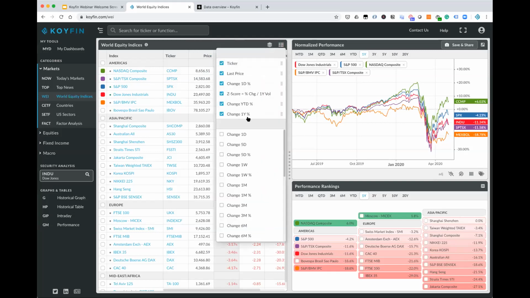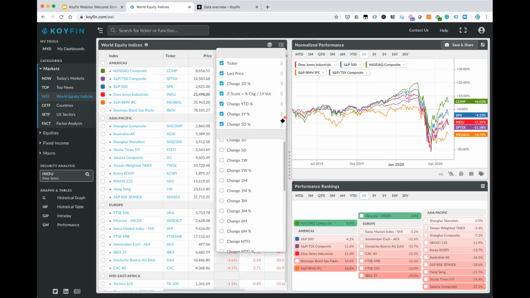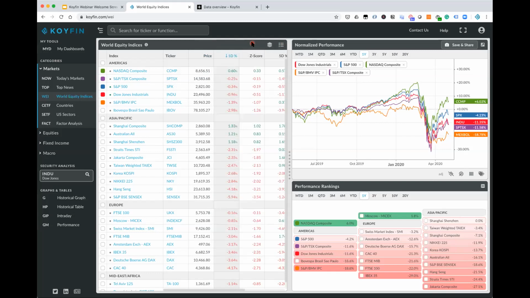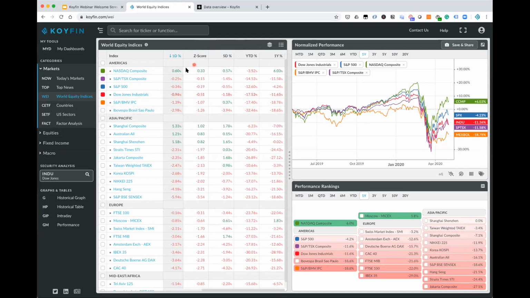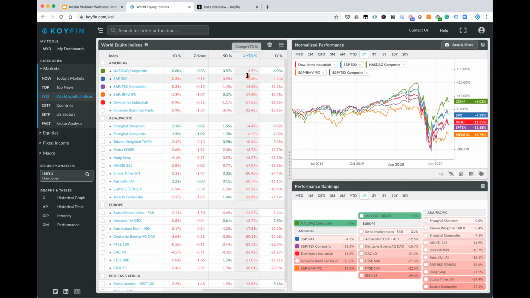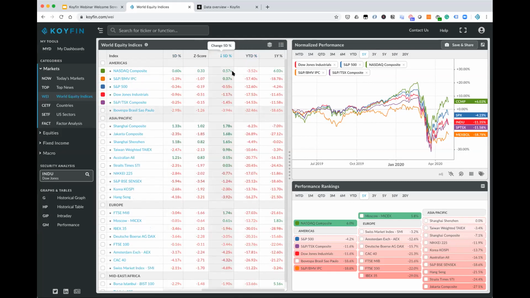If I click this button here, I could actually select some other things. So for example, if I wanted the 5-day change, I would select that. I would move it to after z-score, and I would click out of here, and there's the 5-day change. And so these are different columns that you could represent. You could also sort by these columns. So if I click on here, all of a sudden it'll sort by year to date, and then you'll have a good sense of what's performing the best and the worst year to date. You could sort that by 5 day. So you could do a lot of different sorting things here to see what's really driving the performance of world